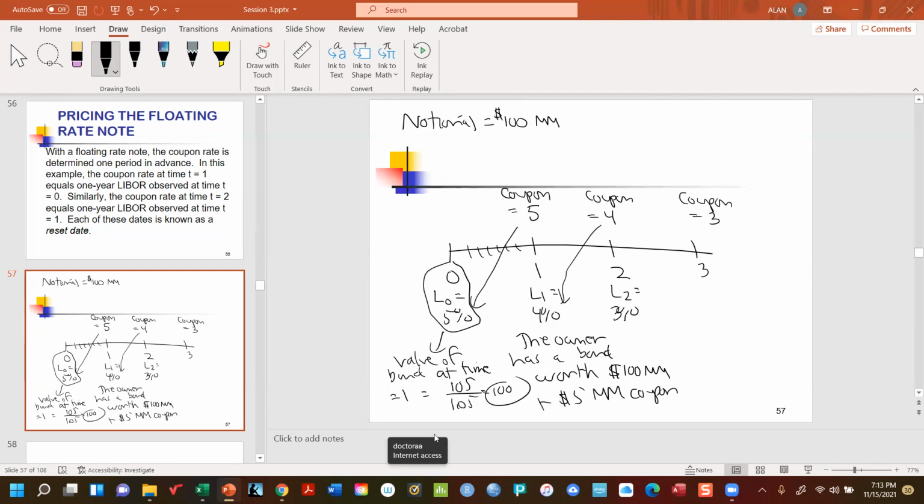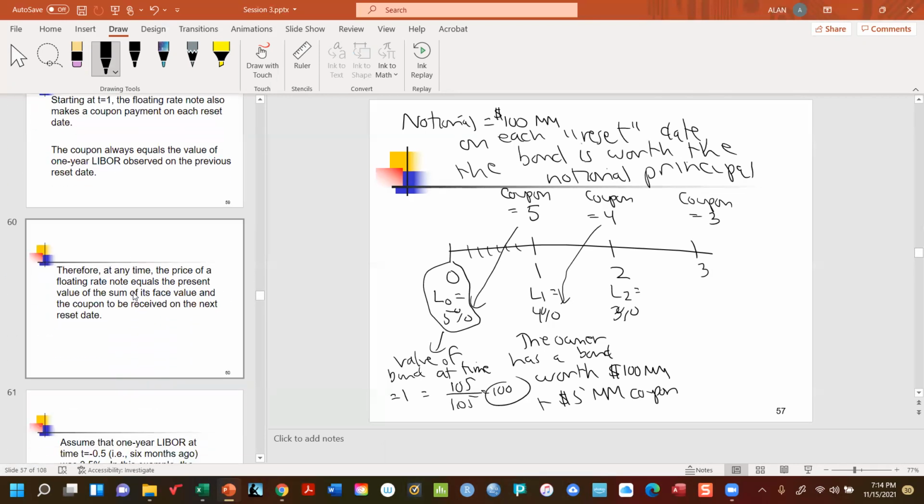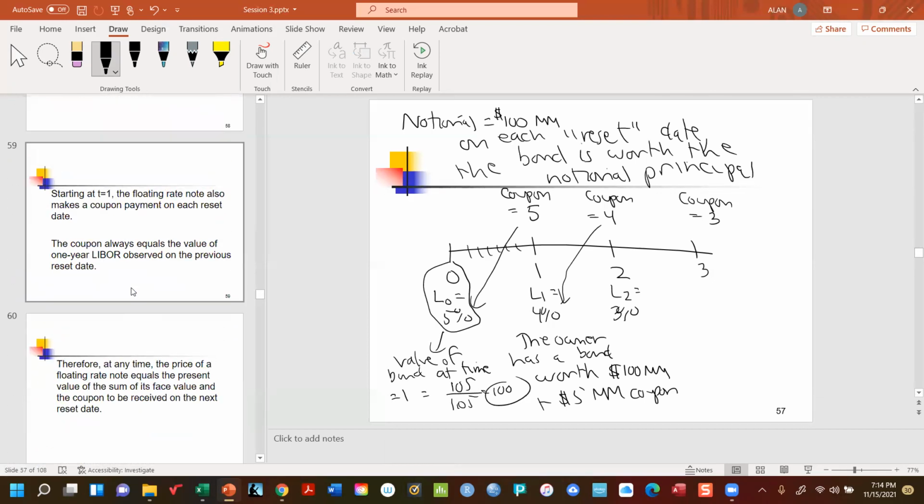So what we're trying to get at here is that on each reset date, the bond is worth the notional principal, which in this case is $100 million. All right, so that's what this next part is all about. So therefore,